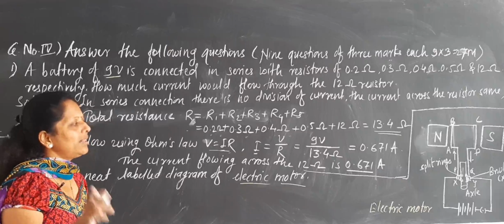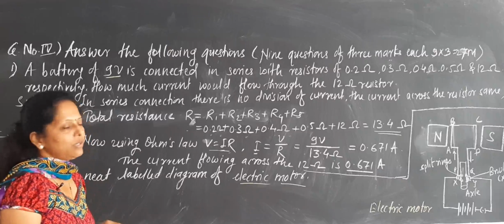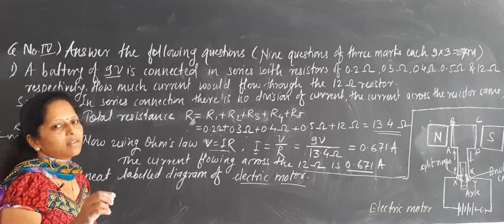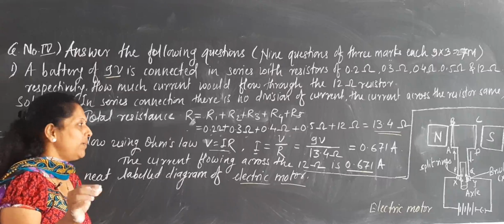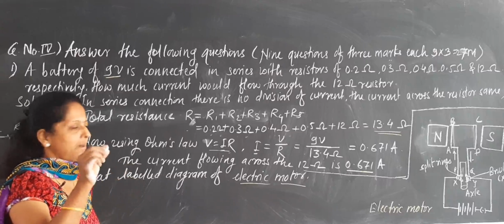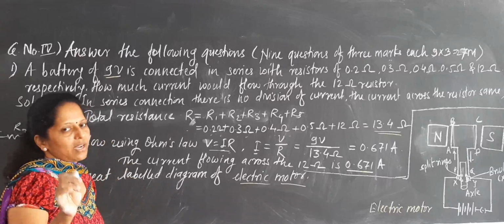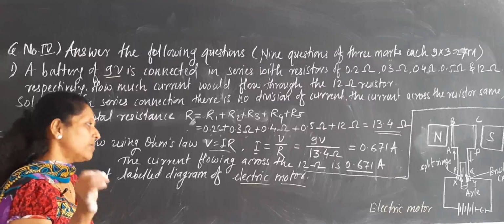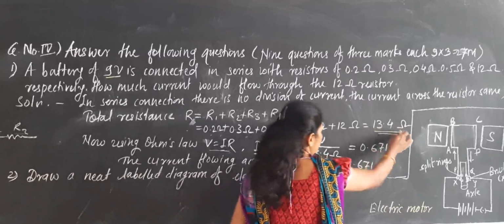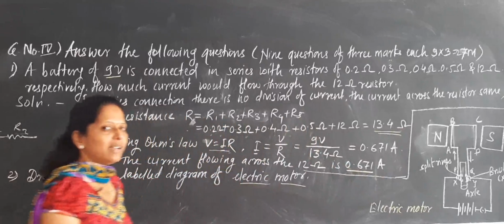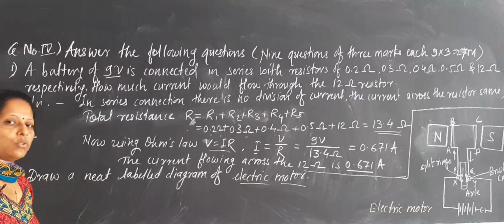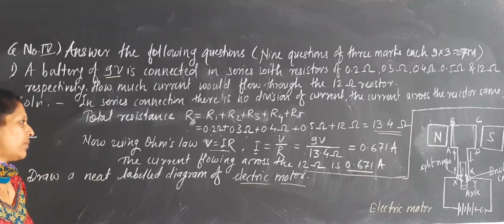For all problems, whenever you are writing, units are very important. Without a unit, don't complete it. For every problem, whenever you write an answer, you should write a unit for that answer. Half marks are there for that. So you should write it properly after the answer, like ohm or ampere. Current is measured in ampere. Resistance is measured in ohm. So you should write the proper unit. SI units are there.